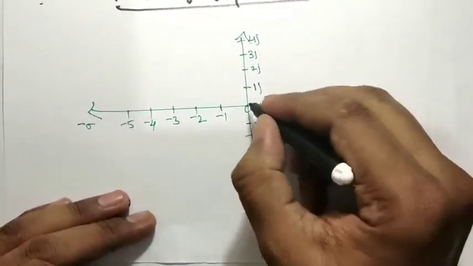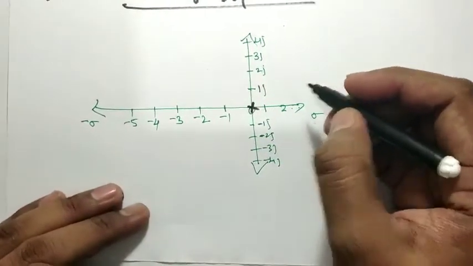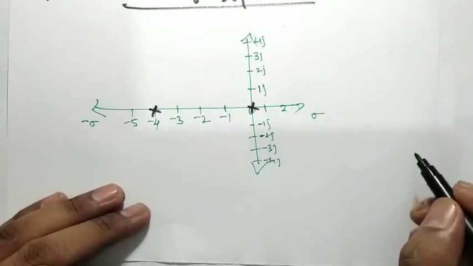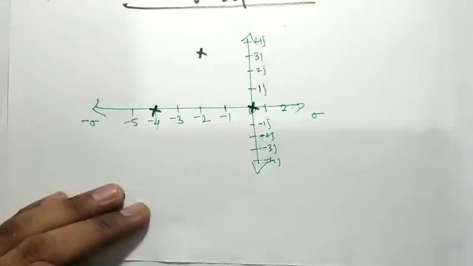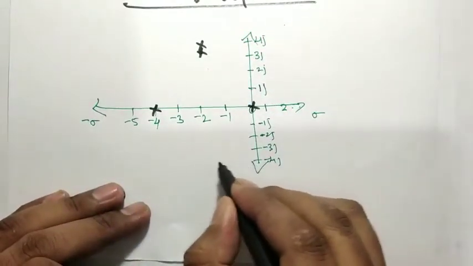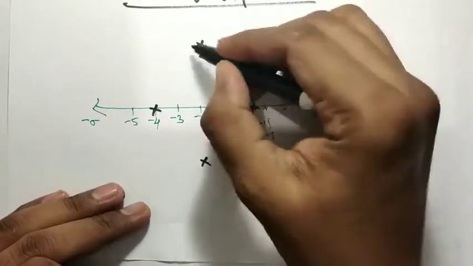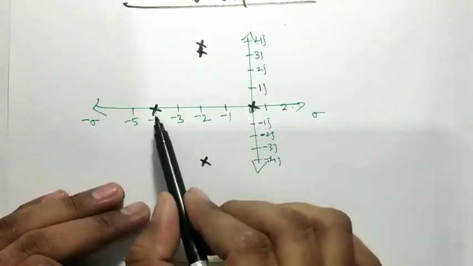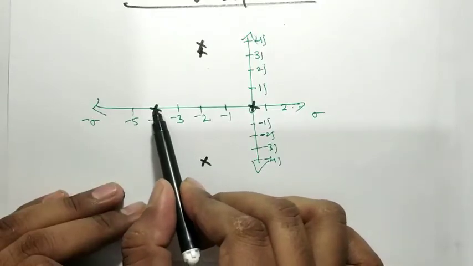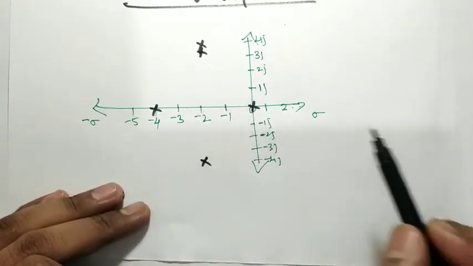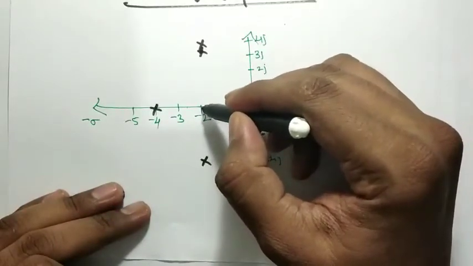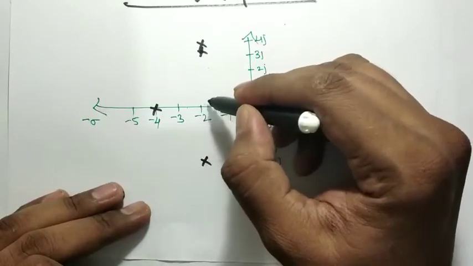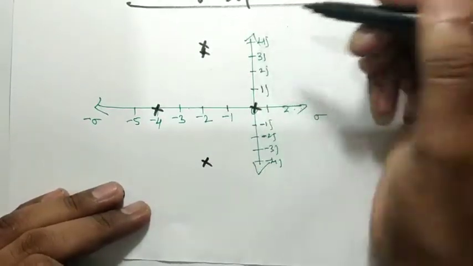One pole is s equal to 0, another pole is s equal to minus 4, and another pole is here. So there are 4 poles. Now, if the k value increases, this root will move in this direction, and this root will move in this direction. With further increase of k, they will meet at s equal to minus 2 and break away, right?